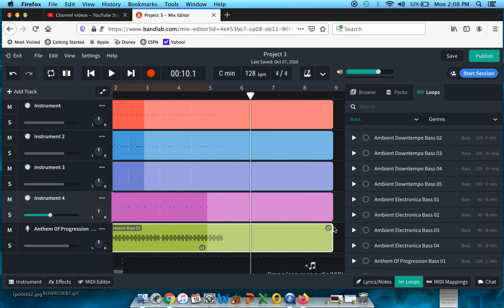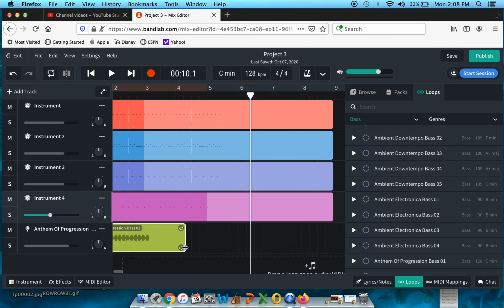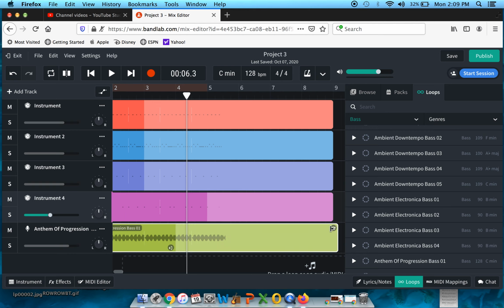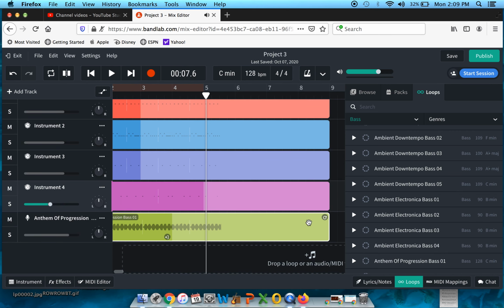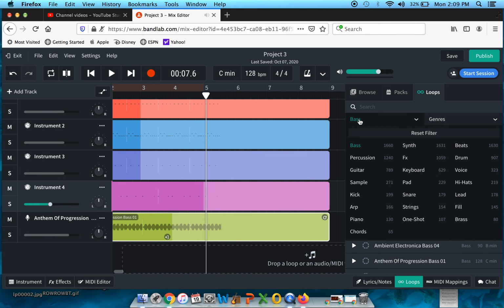I can't tell whether this wave is just not rendering, or whether there's actual silence there. Okay, it's just not rendering. So I'm going to trim this back down to where it was before, like 4 measures, and now I'm just going to loop this out to the end. So we should have that. Great. Okay. Now I would add another instrument. So I did bass. Let's add